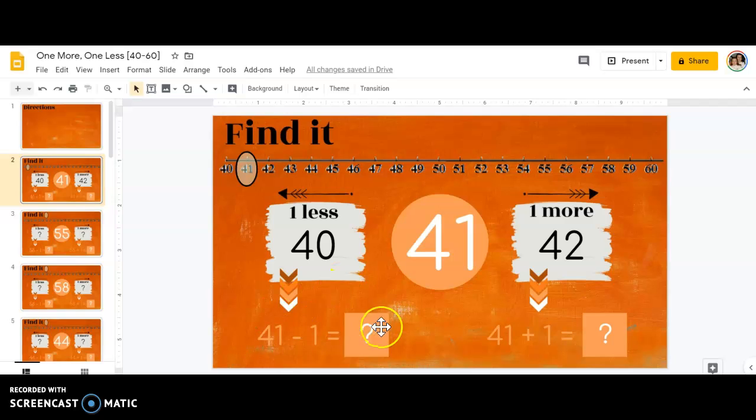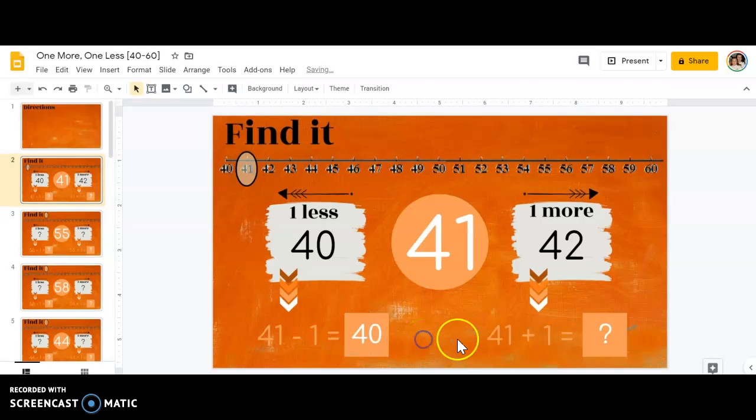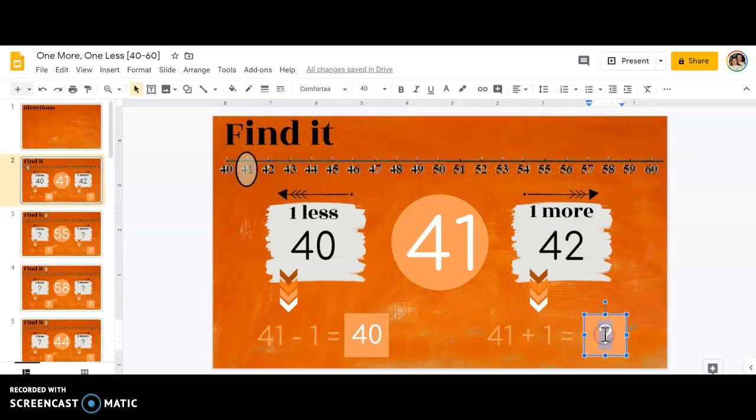Then at the bottom you have two equations. One is 41 minus 1, and the other is 41 plus 1. You can use your number line again to help you, or just use your brain. So 41 minus 1 I know is 40, so I'm going to double click the question mark and type in 40. Then over here, 41 plus 1 I know is 42, so I'm going to double click and type in